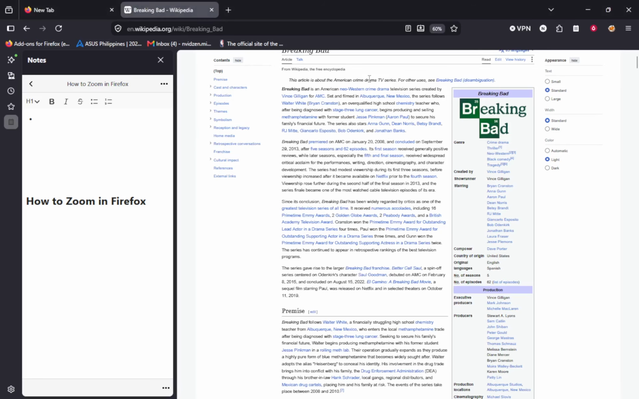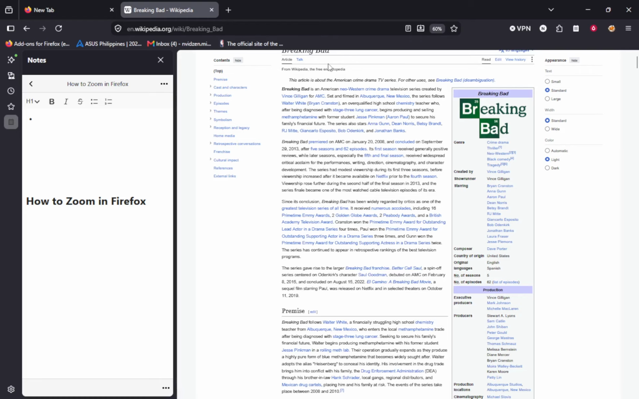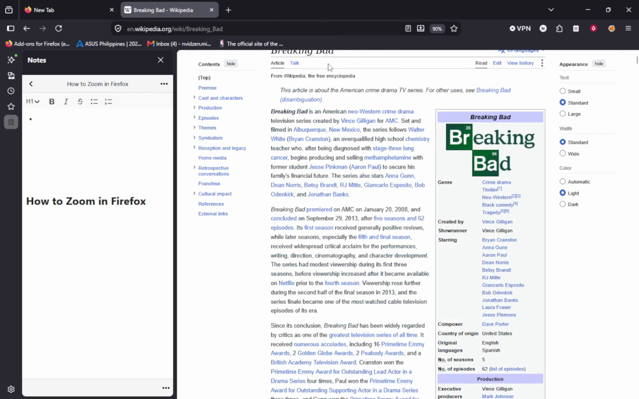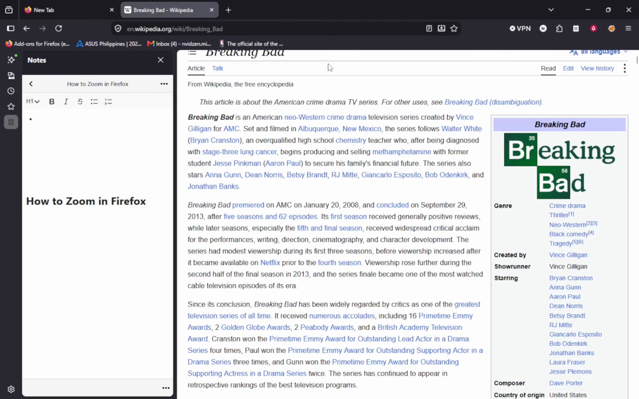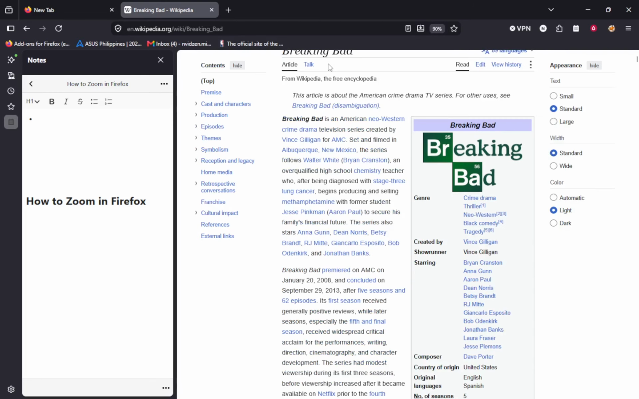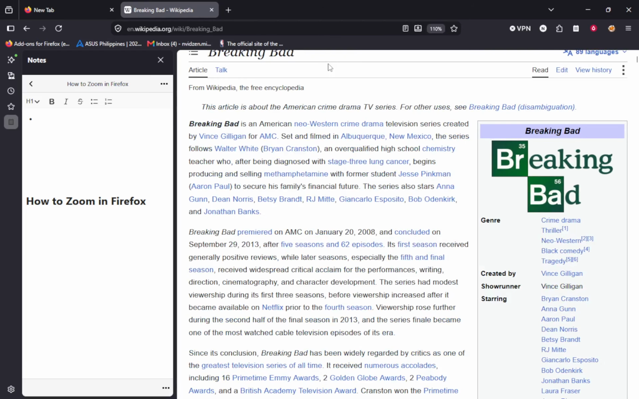When a page feels too small, press Ctrl and plus on Windows or Linux. On a Mac, press Command and plus. Each time you press that shortcut, the content on the page gets a bit larger. You will see the text and images expand, and the zoom percentage in the Firefox toolbar will increase. If everything looks too big, press Ctrl and minus on Windows or Linux, or Command and minus on a Mac